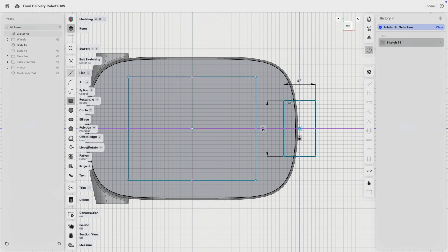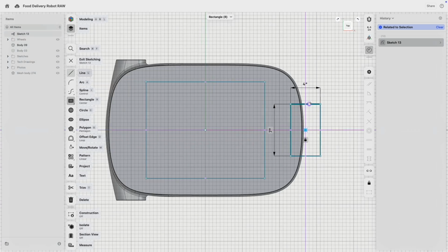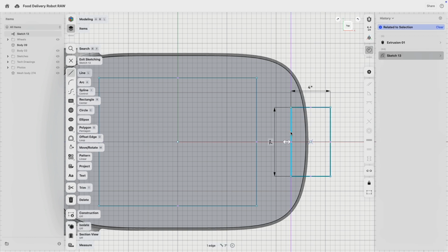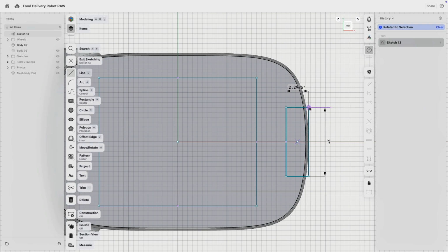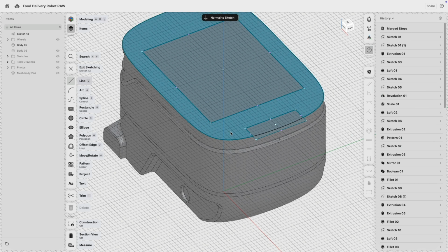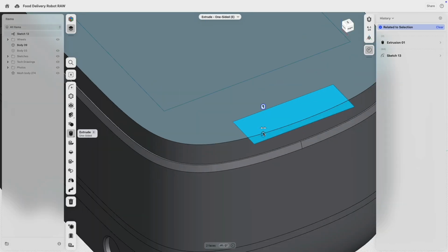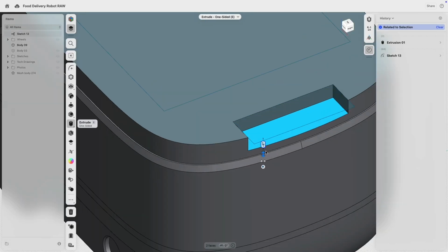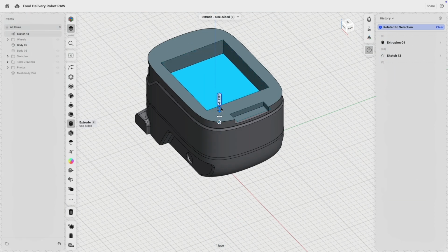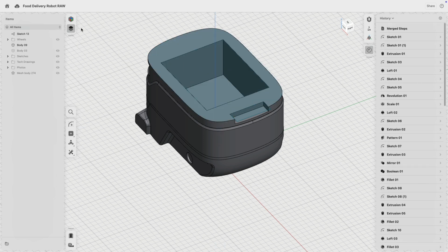There we are. And this is like 4, if this is 4 inches, so this is at least like 2 inches. So how far this goes in. Oh, I was actually pretty close, so 2.5. Very good. We're just approximating stuff here. Then this sketch I will select and cut down, let's say by 1 inch. Then I can select this and bring this down, I don't know, 8 inches. There. The sketch can go, and now we